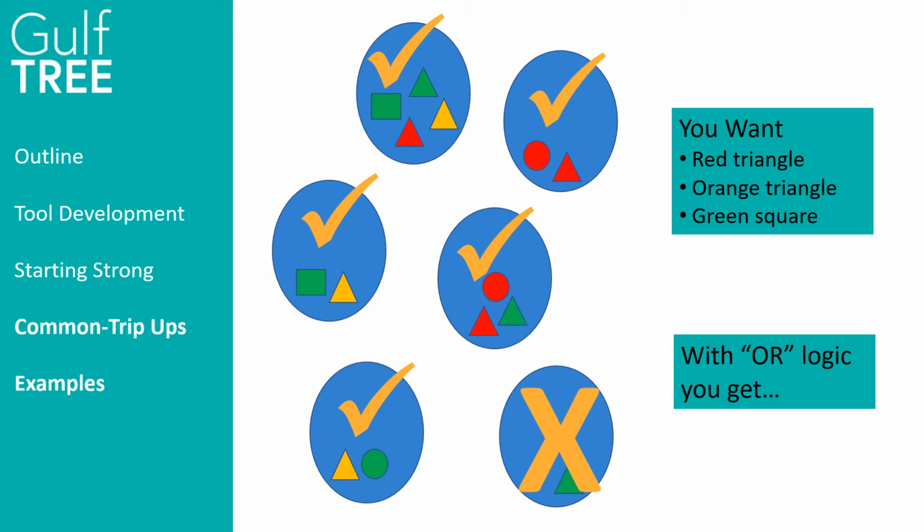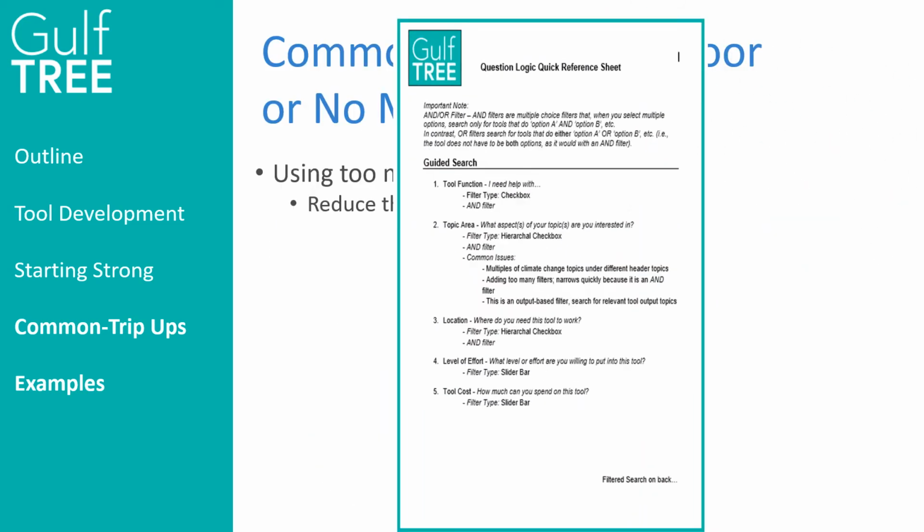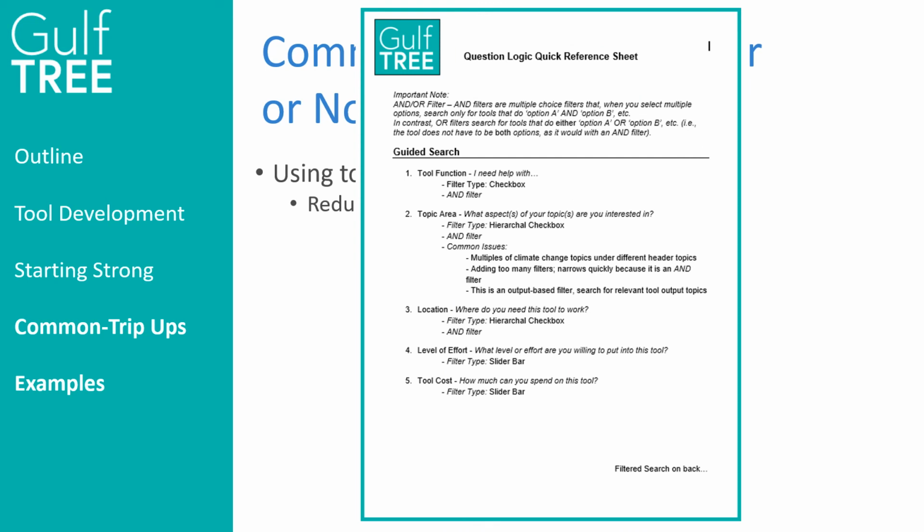Not that last one. So given that the purpose of Gulftree is to narrow tools down, we apply an AND logic to help people really specifically get at a tool that does what they need. So if you're not getting matches or you're not getting the right matches, try backing off some of those filter selections. If you want to check and see if a specific type of filter you're using is AND or OR,